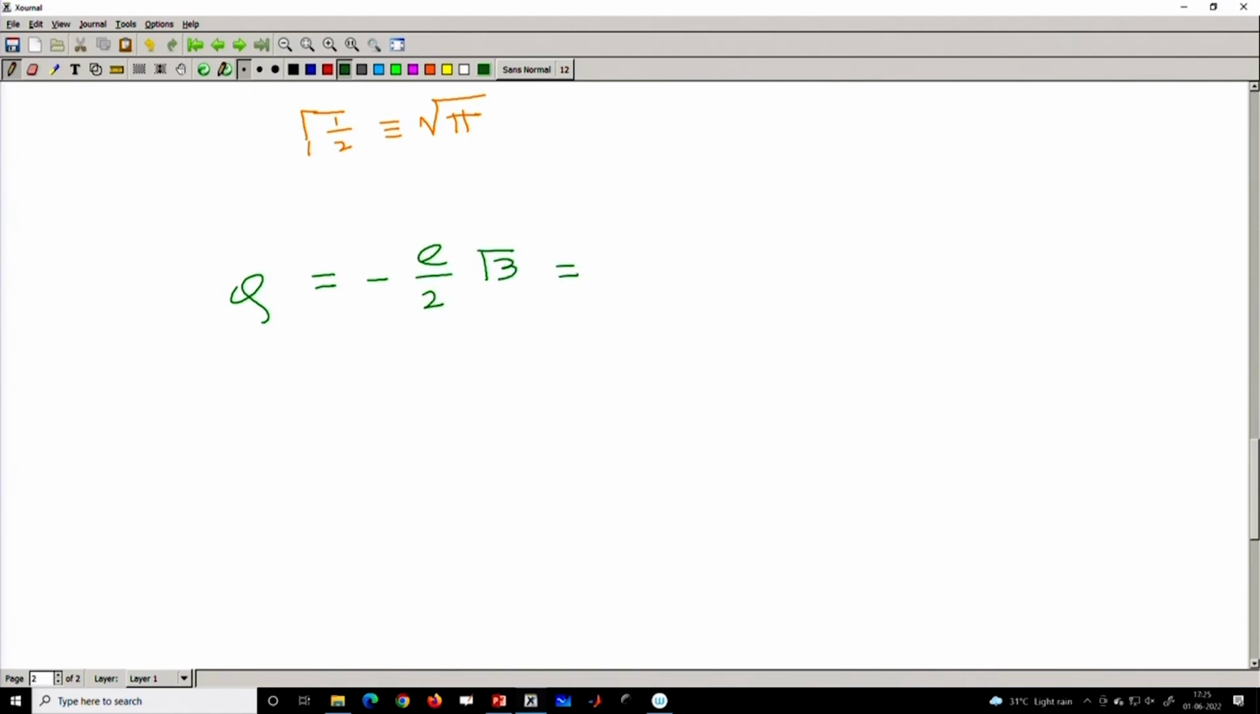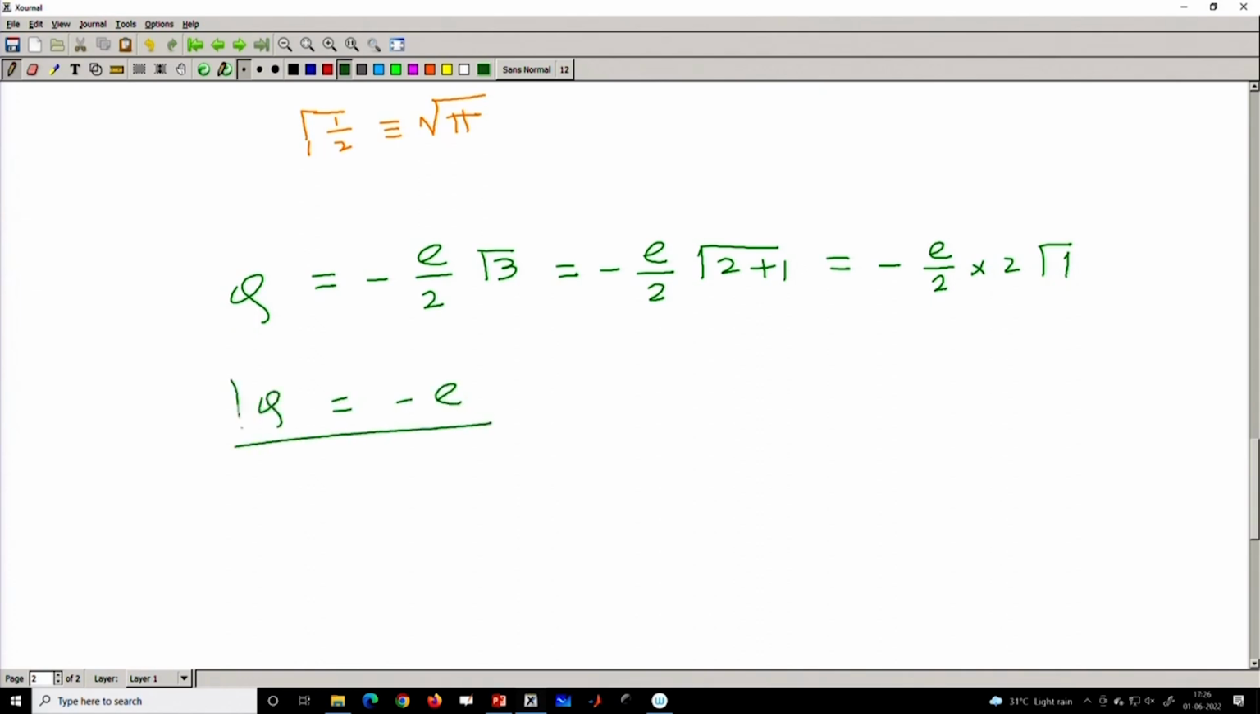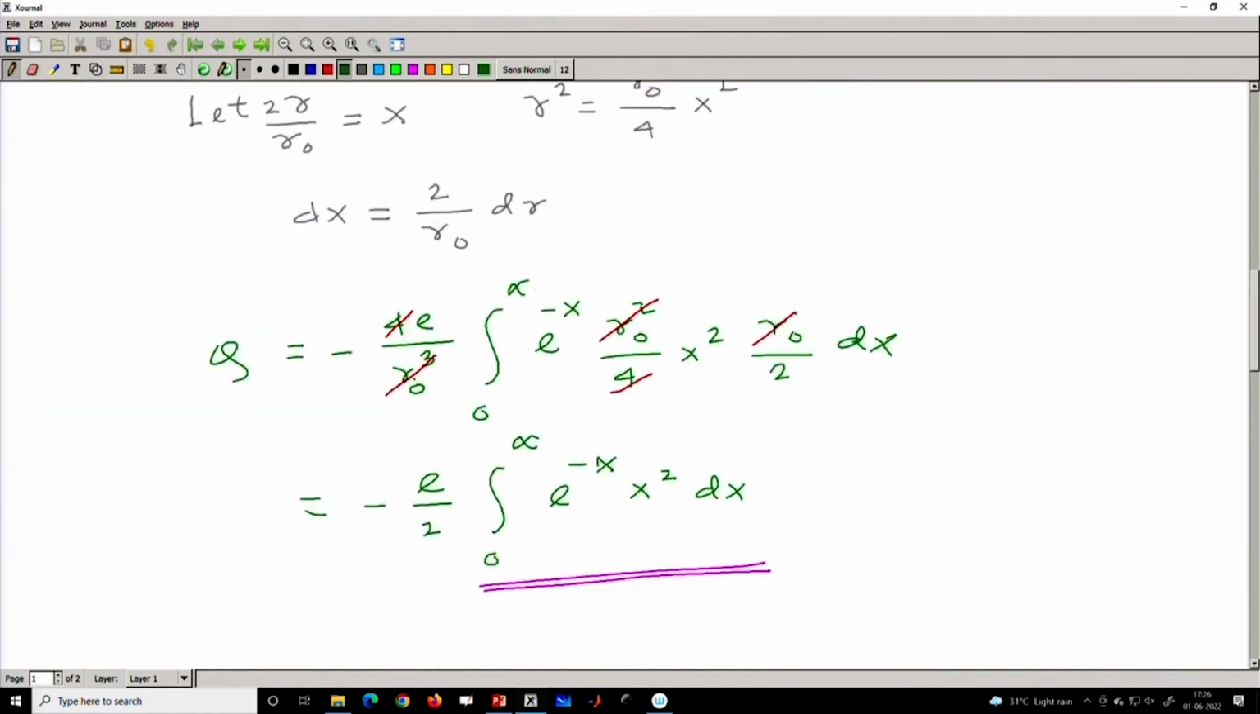Now, gamma 3 is minus e divided by 2, and I can write gamma 3 as gamma 2 plus 1. So that is minus e by 2 multiplied by 2 and gamma 1, and gamma 1 is 1. So eventually we have the value minus e. So the total charge should be minus e, and that is expected, because if you look carefully at the problem, it